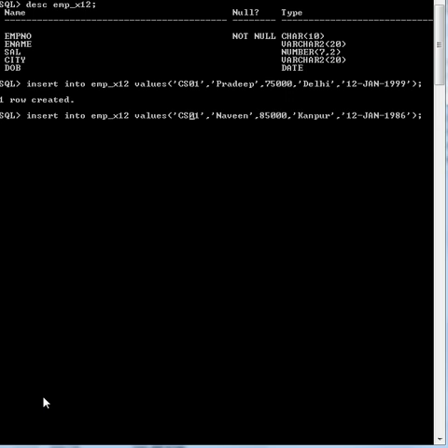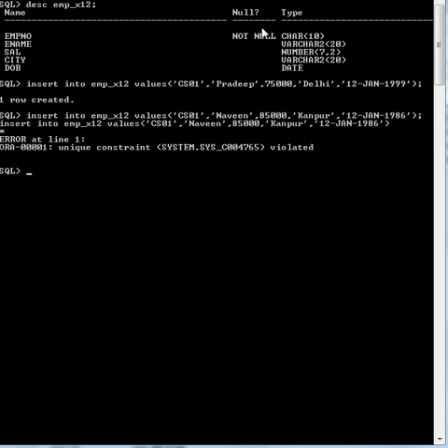So can we insert the values this way? Can we insert duplicate values in a primary key column? It is indicated that EMP number is not null and it is a primary key. We have defined it as a primary key.